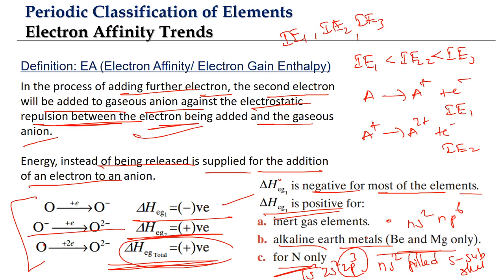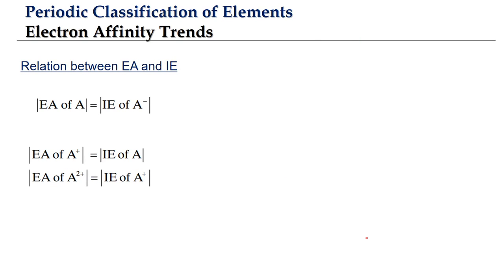Okay, now since we look at these two phenomena, ionization means removal of an electron, and electron affinity corresponds to adding an electron. There must be a relation. So these two will be related. How will they be related? We will try to look at a specific example. Look at the electron affinity of A: we take A and add an electron, we will get A minus. So this is the electron affinity. We look at delta H as, let us say, minus X. It will be negative.